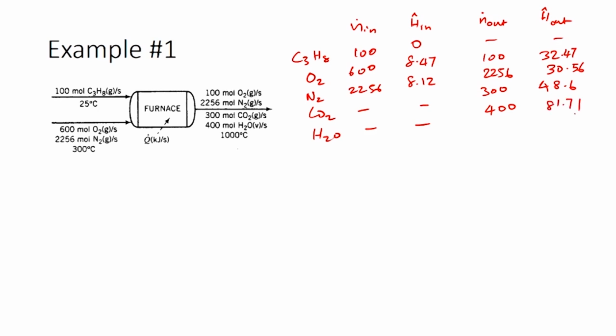So, now that we have all these enthalpies, we can basically calculate the total enthalpy of the outlet stream as 100 times 32.47 plus 2256 times 30.56 plus 300 times 48.6 plus 400 times 81.71. Similarly, for the inlet stream it would be 100 times 0 plus 600 times 8.47 plus 2256 times 8.12. So, the difference between the two can be calculated and you can add that to the extent of reaction times heat of reaction. So, your delta H dot is now equal to